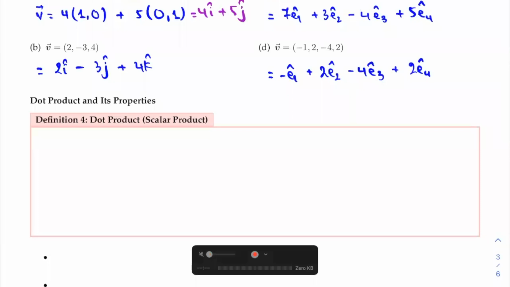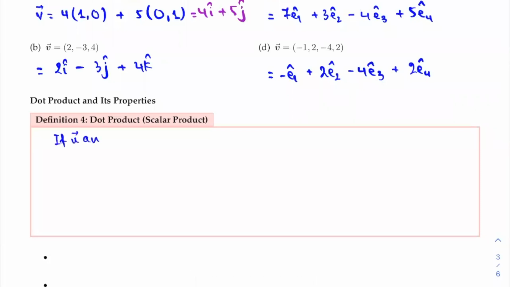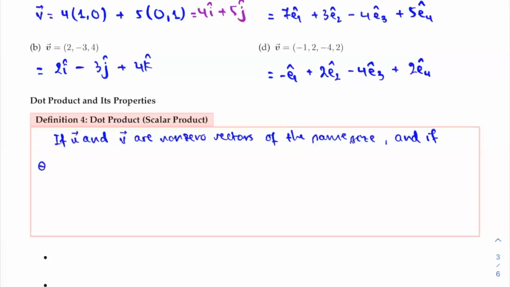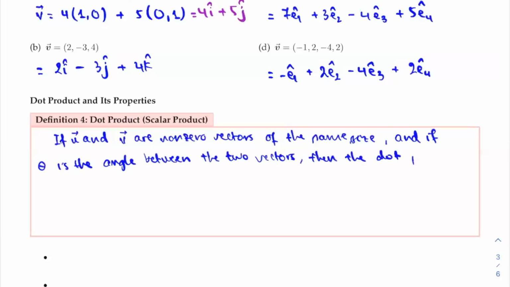So here's the definition of the dot product. If u and v are non-zero vectors of the same size, meaning they both have to be two-dimensional vectors, or they both have to be three-dimensional vectors, or n-dimensional vectors, and if theta is the angle between the two vectors, then the dot product of u and v is defined as